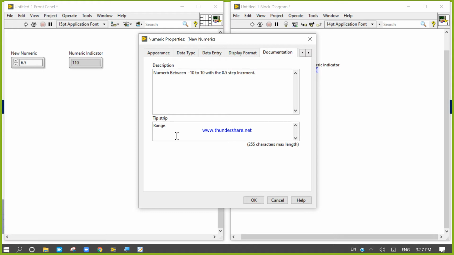Range is 21. Why 21? Because from -10 to +10 there are 21 values.